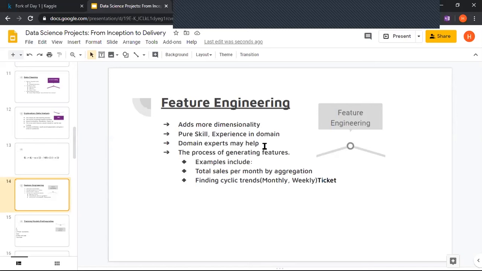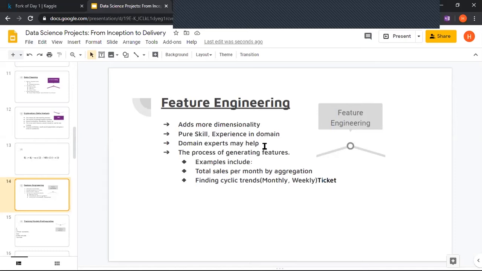If it's a medical problem, if we are predicting how many people are going to survive a particular pandemic, we have to go to the doctors and understand how they actually treat patients, and how they decide what exactly they see when they say that this patient will live for so many more days. So we'll go to the doctors and ask them what they see, and then take more insights from them, and then we can generate our features from our data.